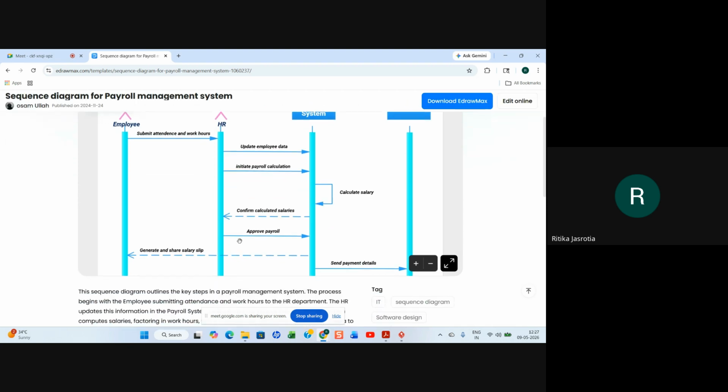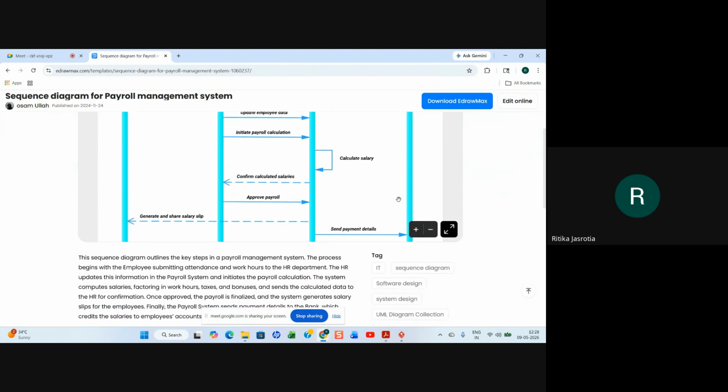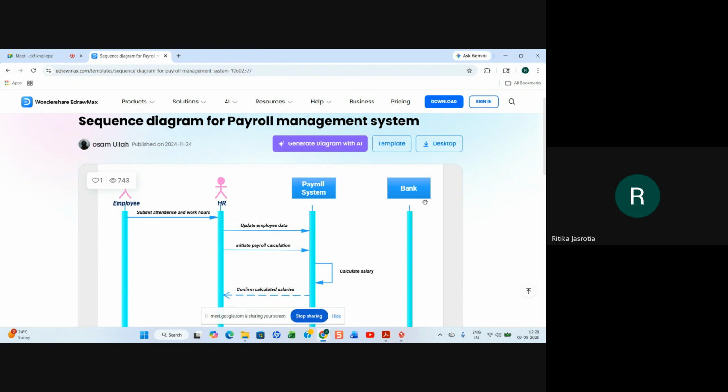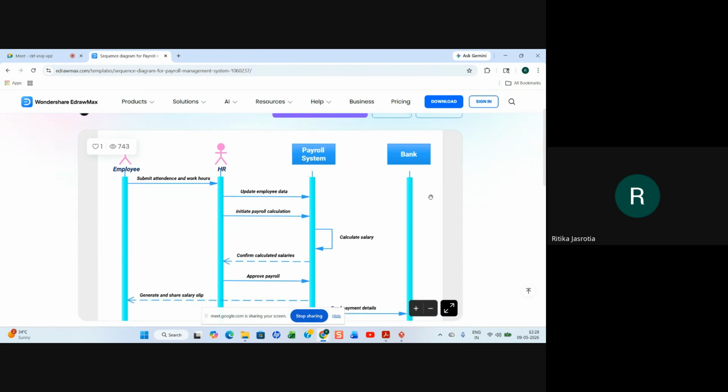The HR approves the payroll, and the payroll system generates a salary slip and shares it with the employee, and sends the details to the bank, and the bank will transfer the amount accordingly. Yes, this is also okay, not a problem. This is the payroll system they are explaining for the employee.